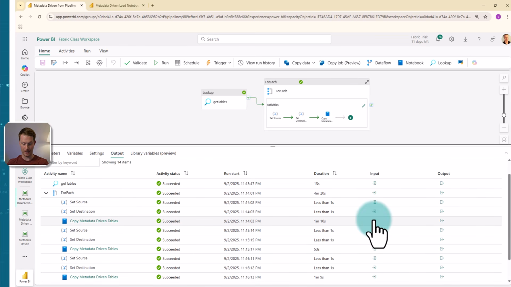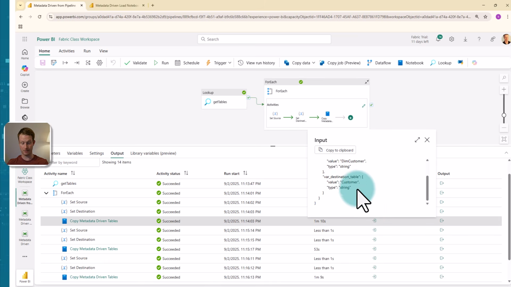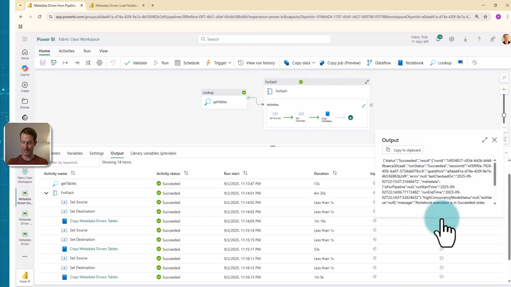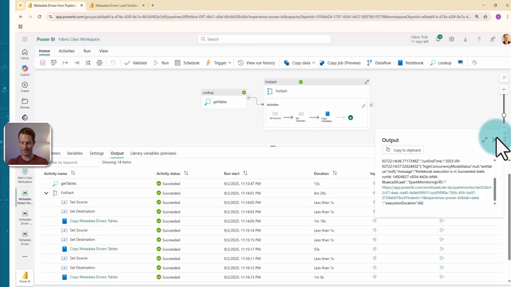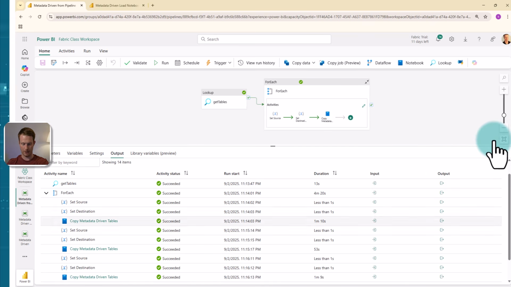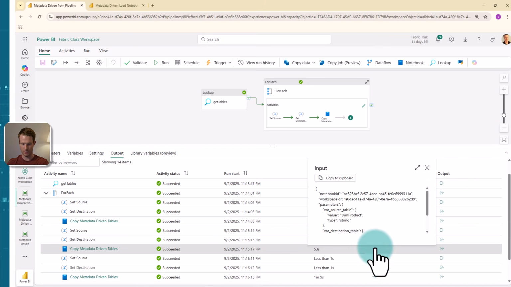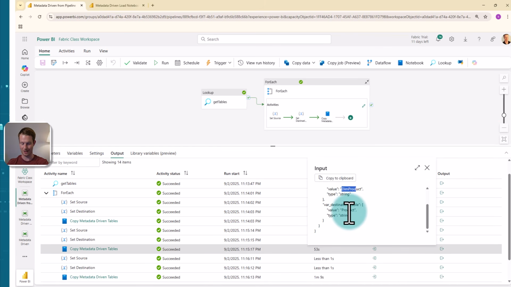I can click here on the input. And in this case, we were looking at dim customer and the customer. So the source was dim customer and the destination was called customer. We can see on the output that we see succeeded. We'll have some sort of hard to read metadata here. If I go to the next one along here, we can see that this was the dim product and looking at the product. So looping through all of our tables, that was in only our own controlled metadata warehouse,